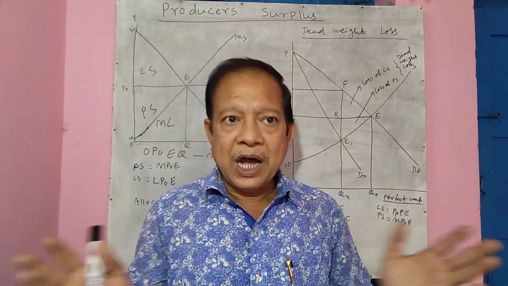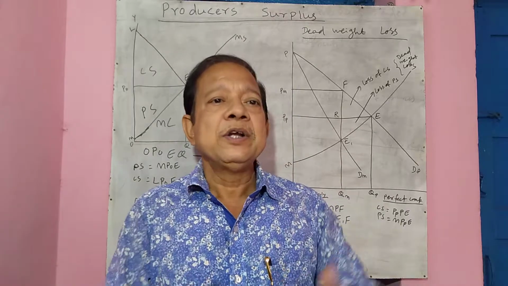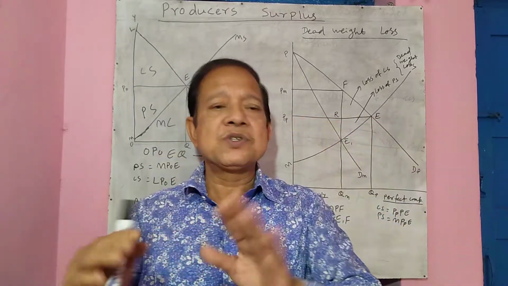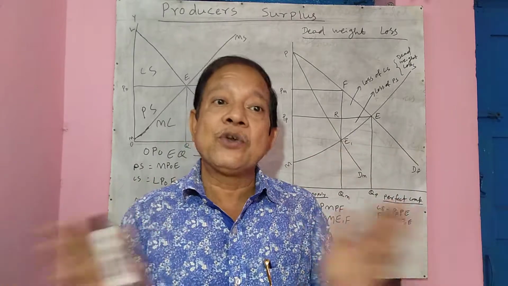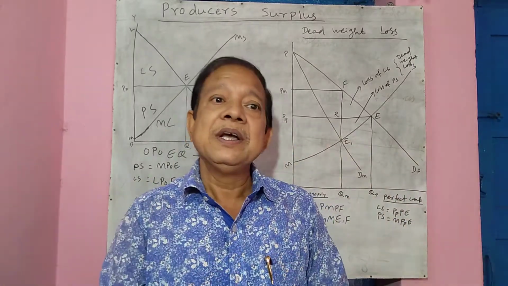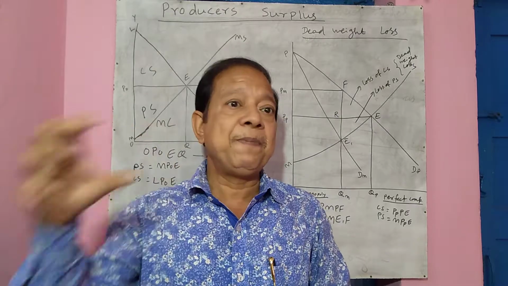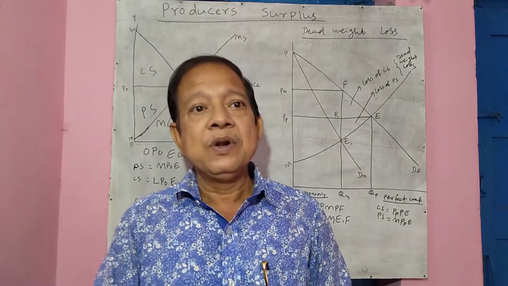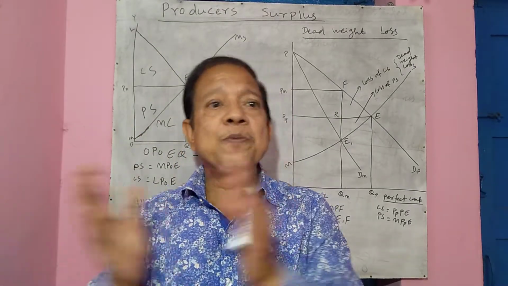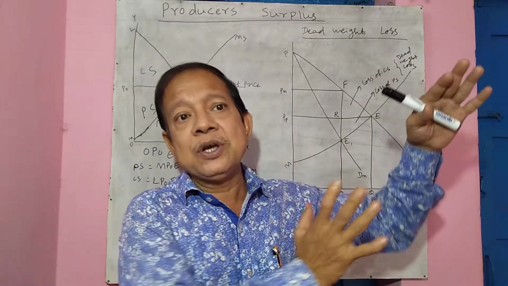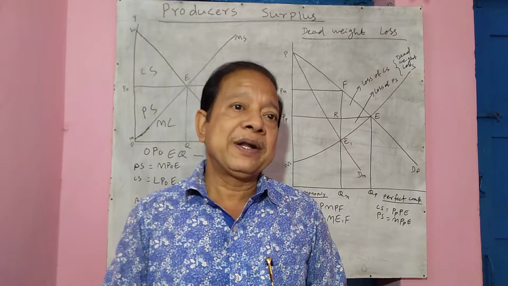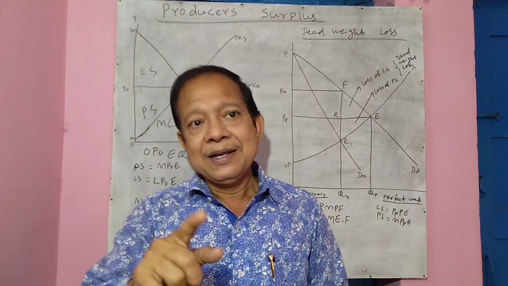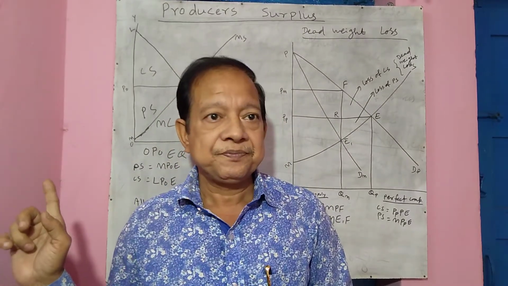Or as you say, in which market consumer surplus and producer surplus are distinctly visible and both get their shares in the right proportion, and in which market these shares to both the parties don't go in the right proportion, whether the sellers enjoy more, buyers enjoy less, or buyers enjoy more, sellers enjoy less. This we find in different markets, that we say there is no allocative efficiency.